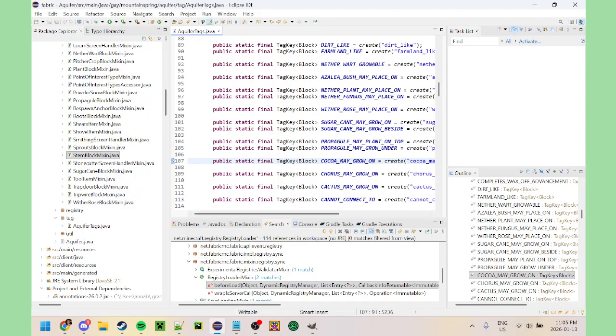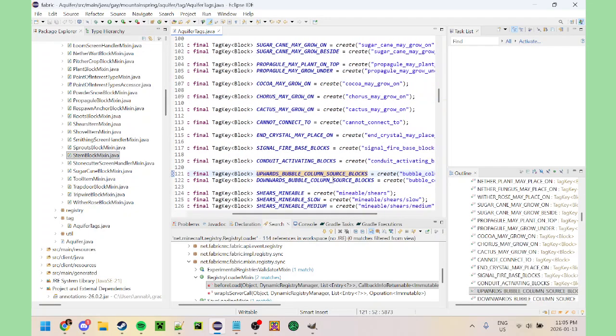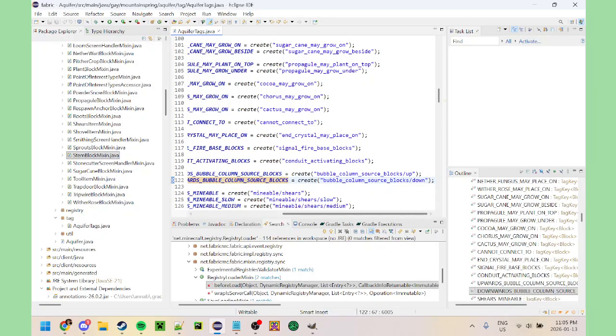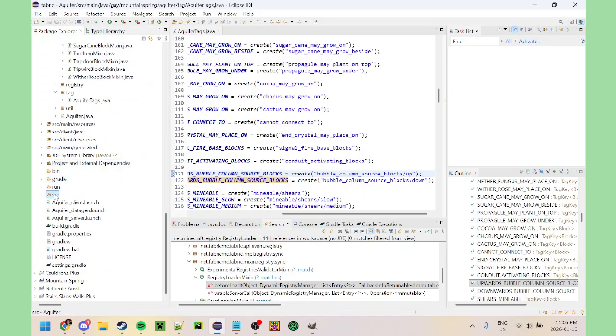Now, I do have those tags. I have upwards bubble column source blocks, downwards bubble column source blocks, which is what they've named in code here, but they'll be bubble column source blocks /up. So this is like a folder, and this would be the actual file right here. So if I go into here,